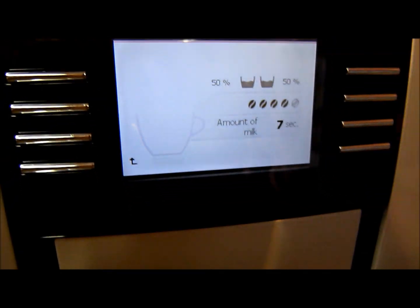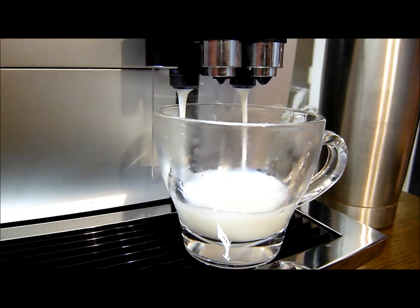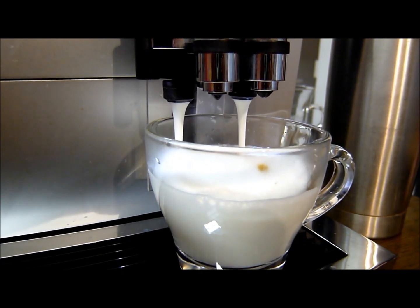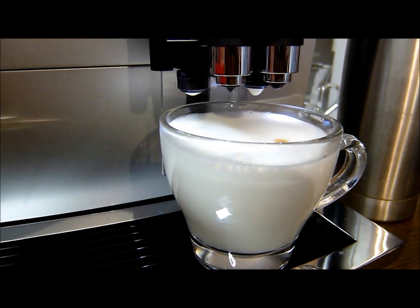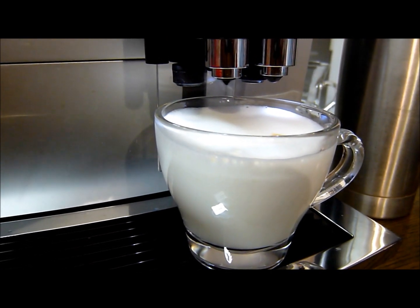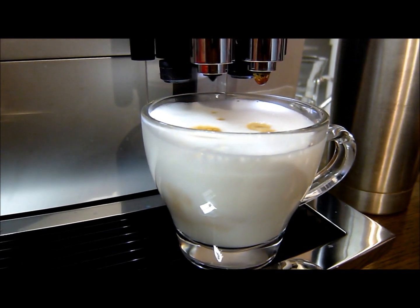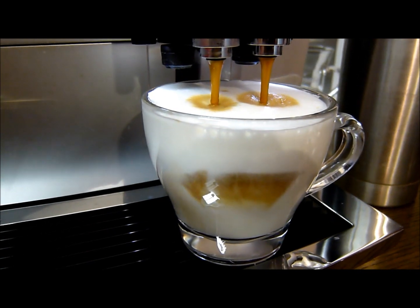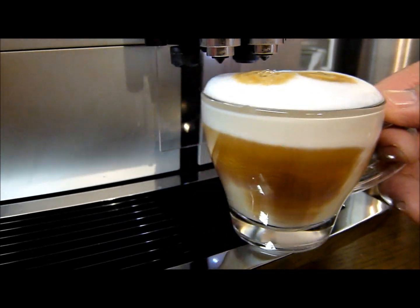Very quick grinding. Really lovely thick foam, and an even thicker layer on top. So we've got steamy milk and foamy milk. And now we'll deliver the coffee on top to produce this most delicious looking cappuccino. And there,